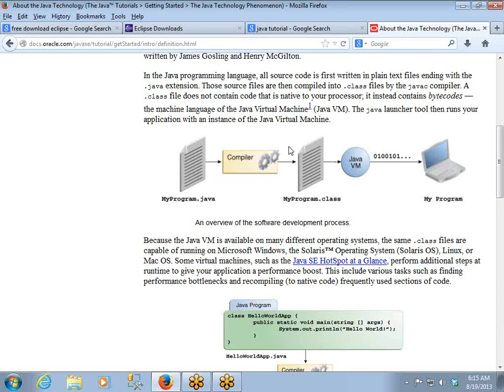Coming to other languages, this intermediate format will be a directly executable format on the underlying platform, so that file will depend on that particular platform. But coming to Java, this intermediate file, this .class file I'm talking about, is not platform dependent.